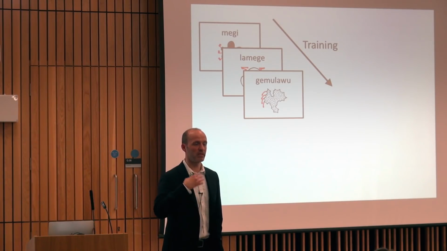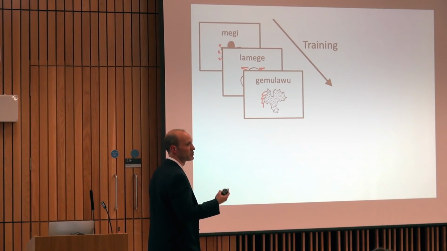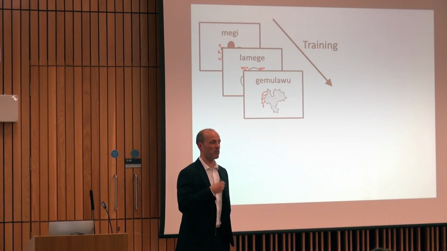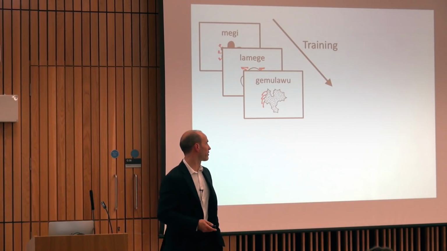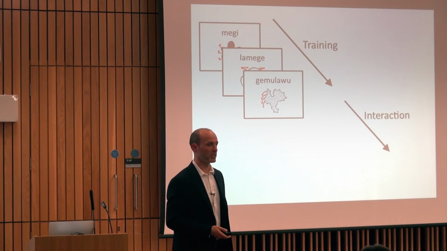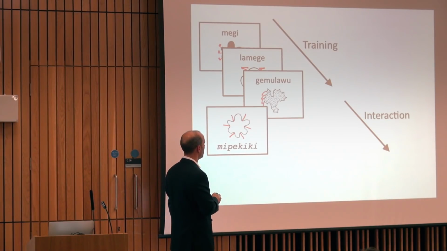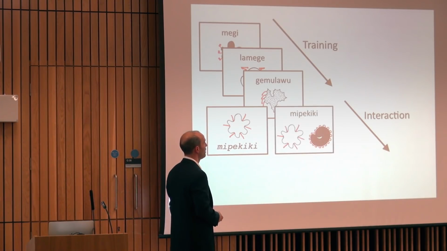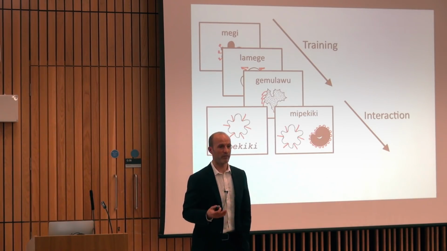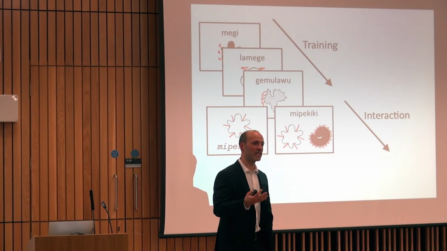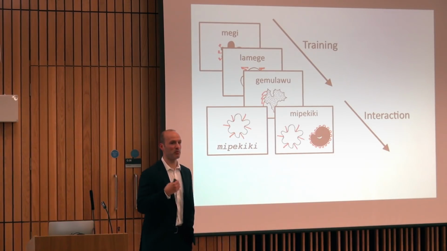Then after training, rather than simply asking them to reproduce the language for us, we get them to use it to communicate. They come into the lab in pairs, and we get them to use that miniature language to communicate with one another. The way that works is quite simple. One participant on any given trial is prompted with an object to convey. They provide a description for that object in the miniature language, and then we pass that description to their partner, the other participant, and they have to guess what object their partner was labeling. So they have to interpret this description. If they get it right, they get some points. If they get it wrong, they don't get any points, and the more points they get, the more chance they have of winning a bonus payment. That motivates people to try and communicate.